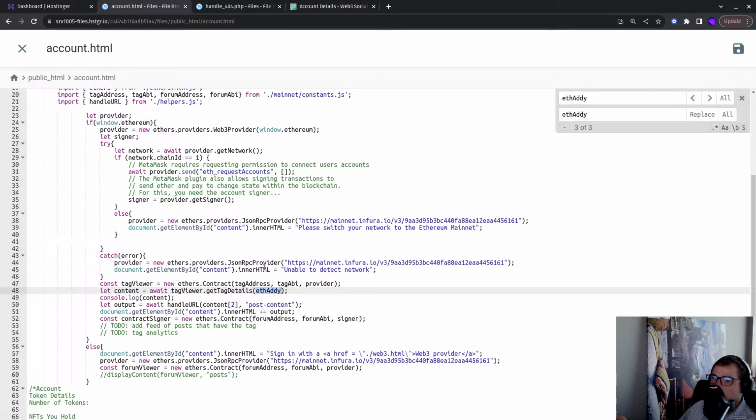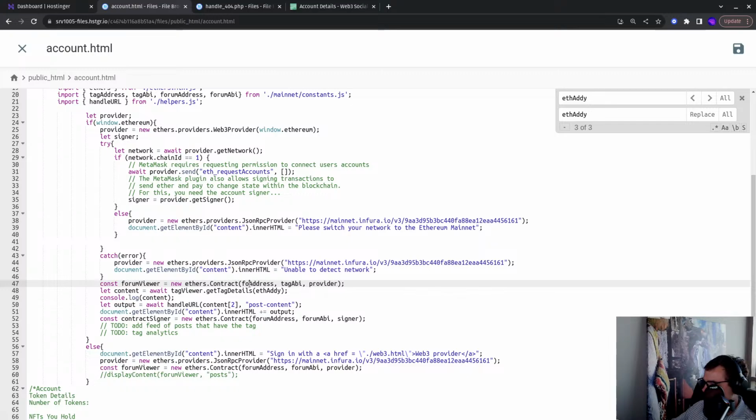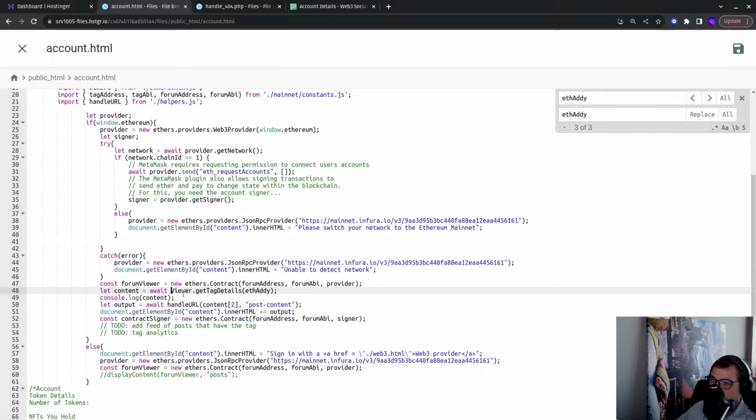We want to query information forum. I think we do want to view the forum. Let's change this back to forum viewer. And let's change this back to forum address. Forum address. Content equals forum viewer dot get. We don't even need to do anything here yet. Console. Okay, well, if we're gonna do that, then it would be, but